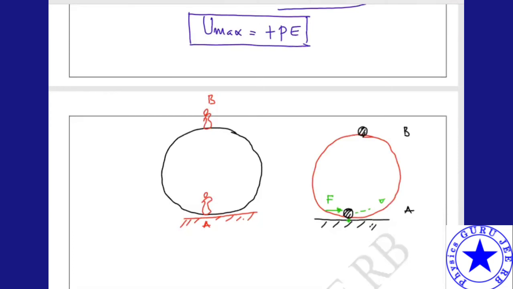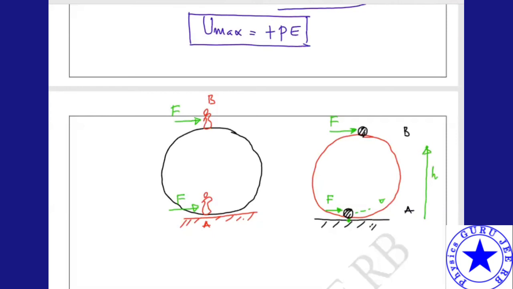If I take this particular position and apply the force, will it come back to its position? If I push this person with the force F, will he come back to this position? Yes, he can come back to that position. If I apply the force here at point A, it will go upwards and return back to this point. That means in terms of height, it is nothing but height H.